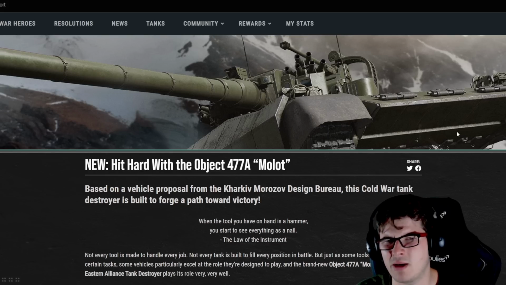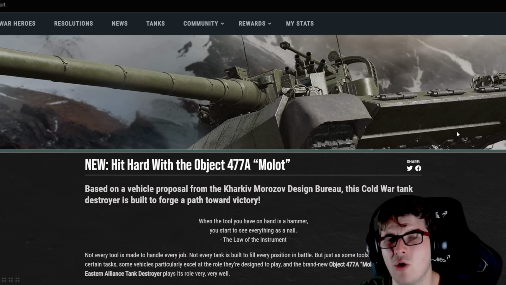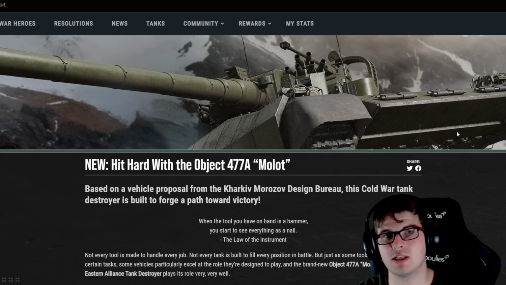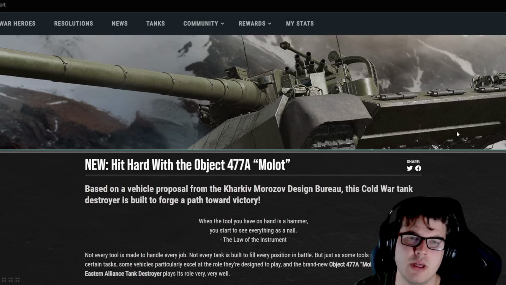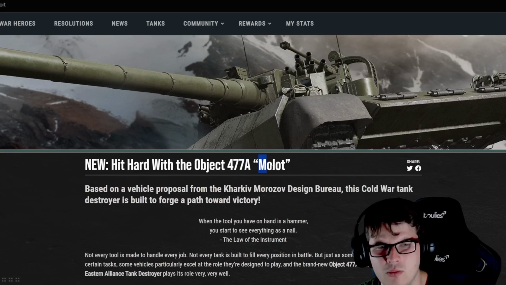Usually I would not recommend actually spending the gold to pick up a tank from the season pass unless maybe you're within 500 or 1,000 gold of being able to get to rank 100, for example, using the skips. But without further ado, we're going to jump in to this new tank, which is the Object 477A Malo or